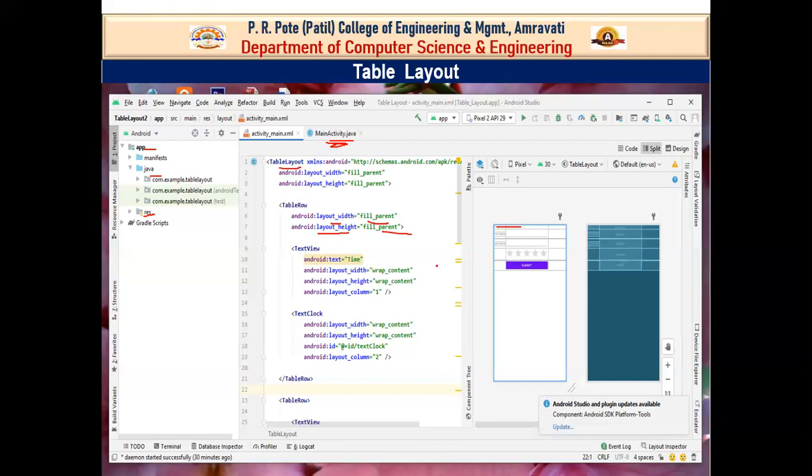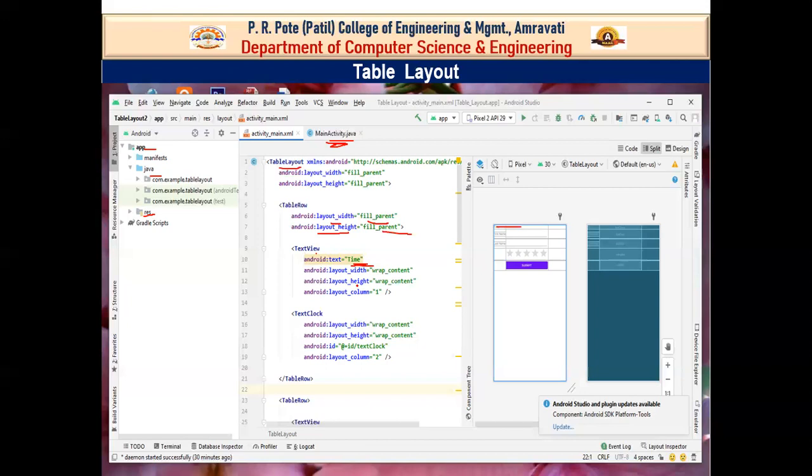Now inside this row, we have created a text view, which text view? Time. I want to display time and date on the top of my application. So here I have used the Android text property, and my text is Time. Now for layout width and layout height, again which property am I using? wrap_content. What is wrap_content? Wrap_content tells your view to size itself to the dimensions required by its content. So, as per the dimensions of the content, it sizes itself according to its content.